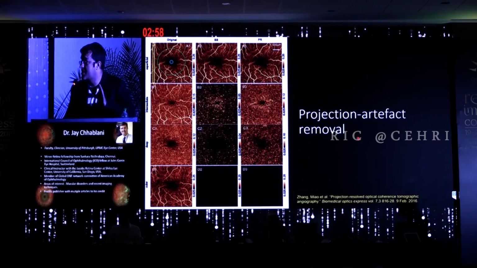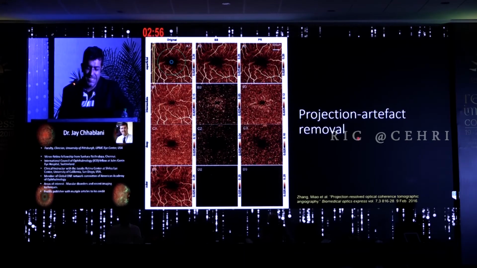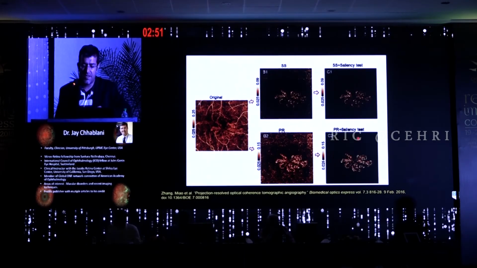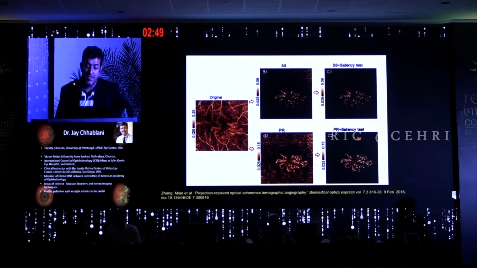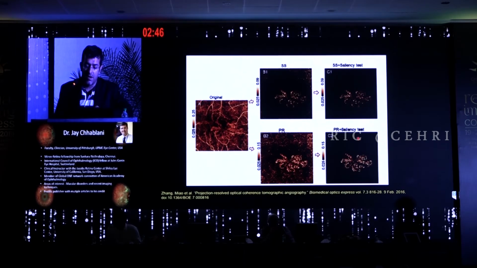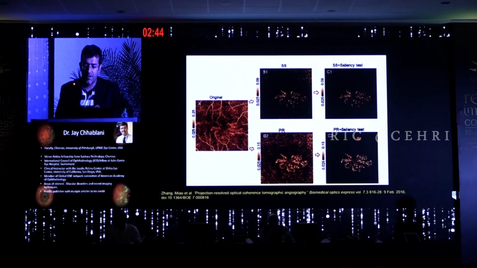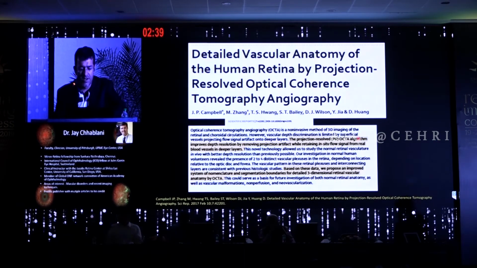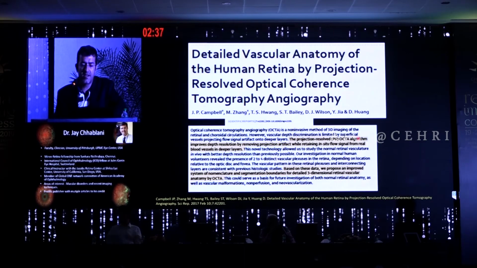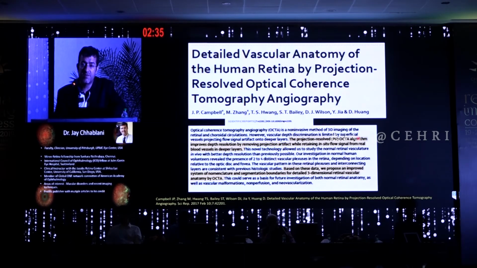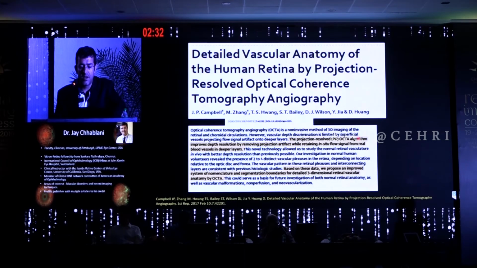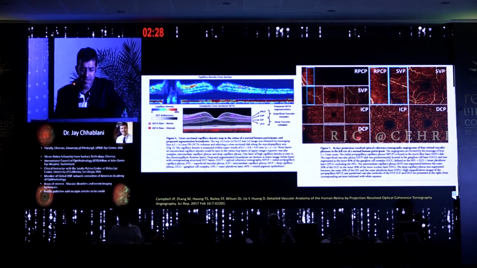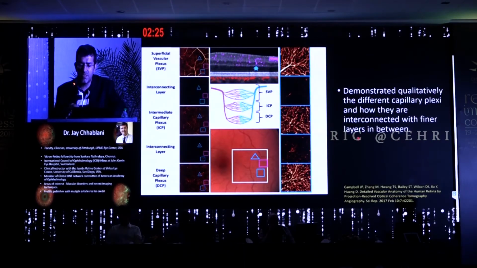But in real life, we don't see such good images. But yes, for the publication's sake, we all have some of these very good images. This is just an example where we are trying to show that this is a CNV complex with the shadow projection artifact removal. You are able to see the complex very well. So using this technology, Dr. Huang's group from Portland tried looking at the vascular anatomy of the human retina with the projection artifact removal OCTA, and they did show these beautiful pictures, but I just picked up something very important for this particular talk,